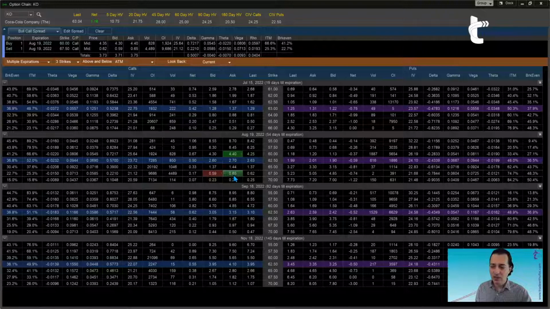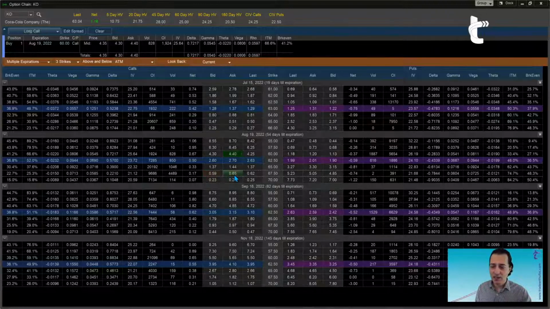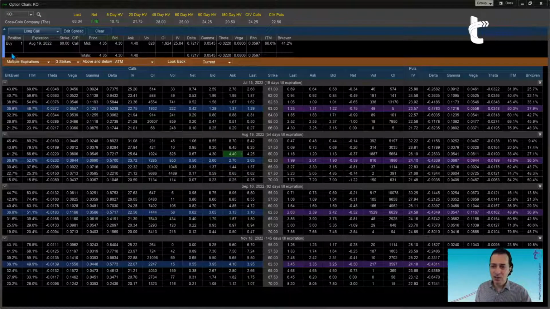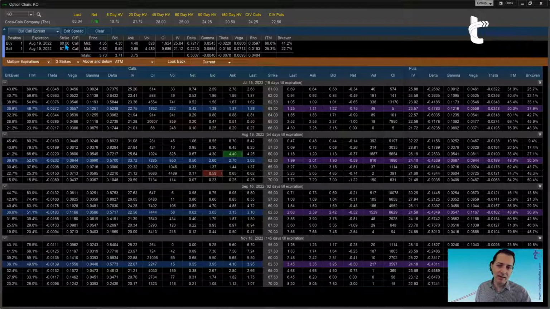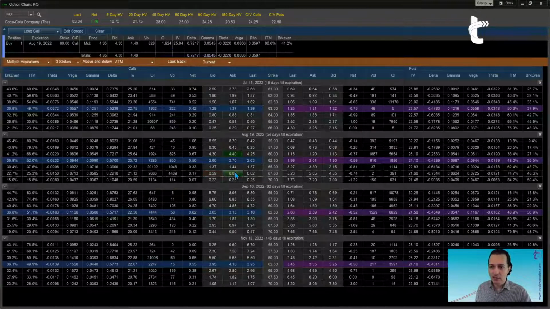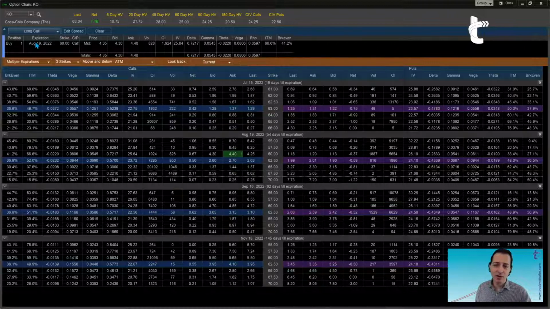Well, take a look. If I click buy next to where I click sell, notice how the unit I had on top went away. So again, I'll do it one more time. If I click 67.5 sell, up here now it says I got a bull call spread made of buying the 60 and selling the 67.5. Again, let's say that's a mistake. I don't want the 67.5. So you can buy it and it gets rid of it. Now you are only buying the 60 call.